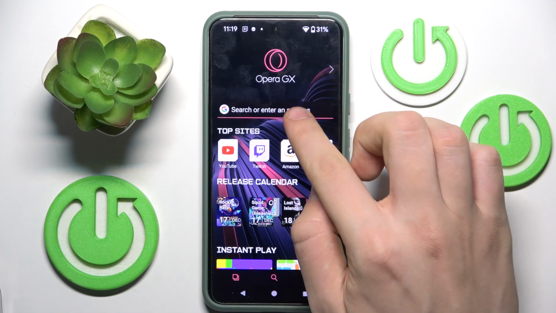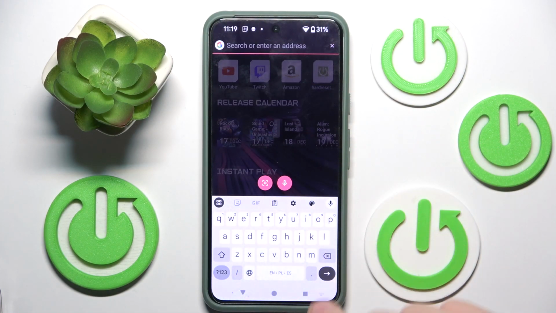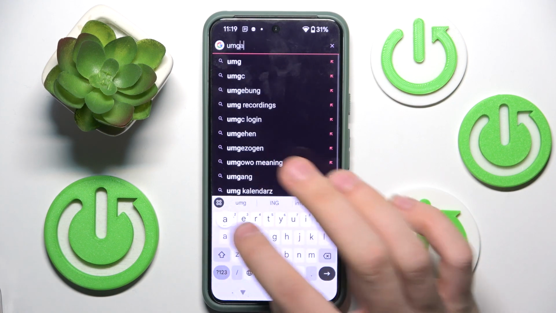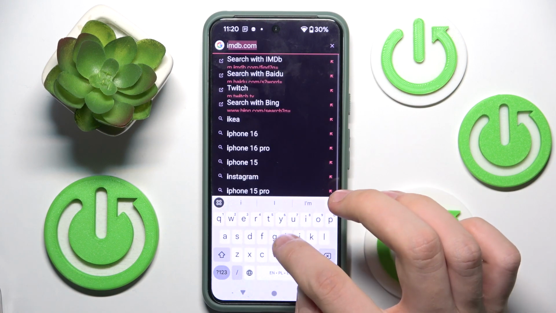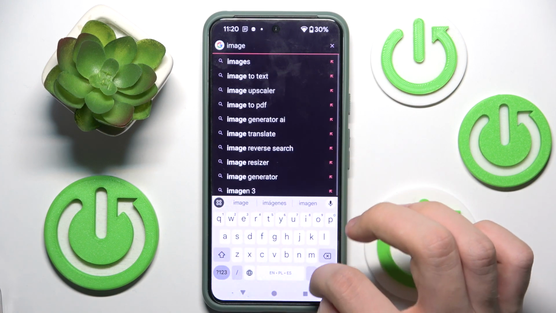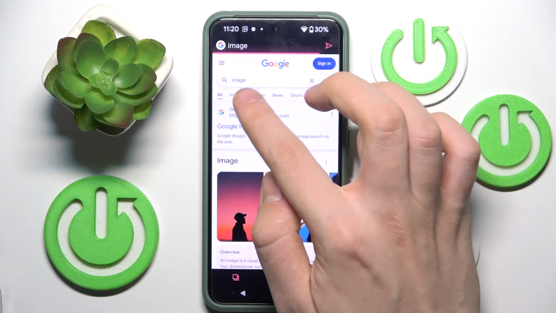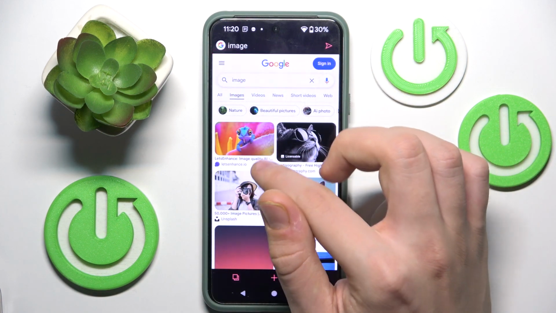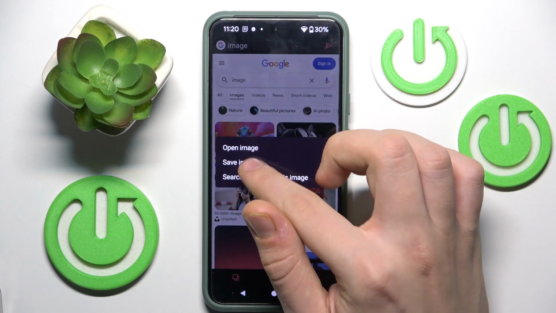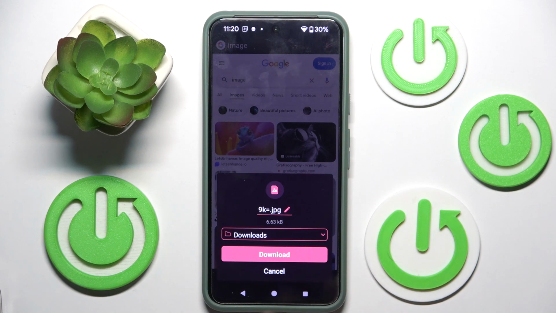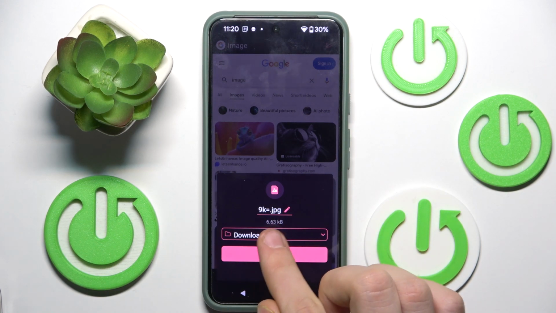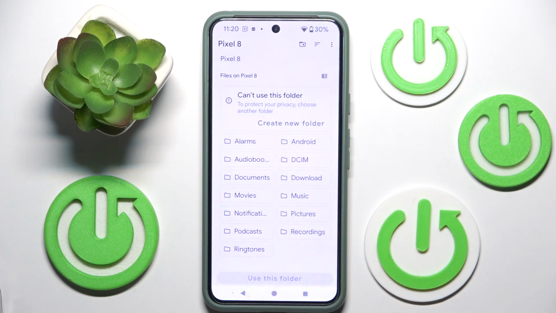At first you have to find some image that you want to download. For example, I will search for an image. Here, as you can see, if you go to images, we can hold our finger on some image and click save image. Here we can change our file name, and if you want to change the folder, we have to